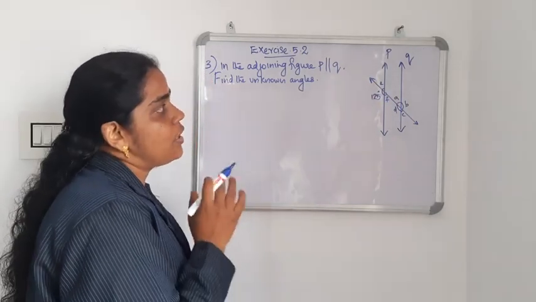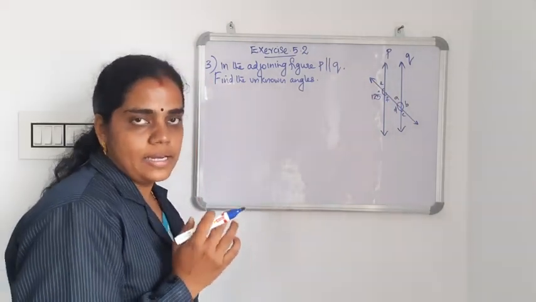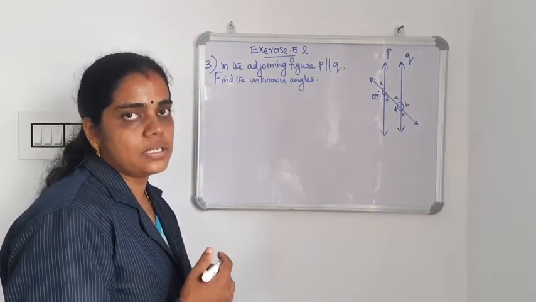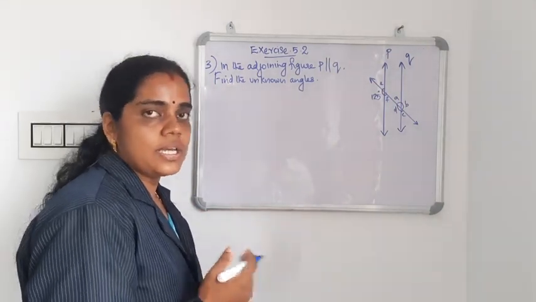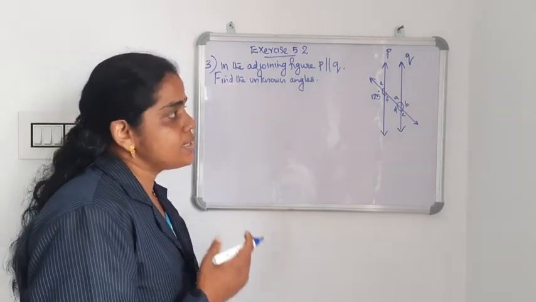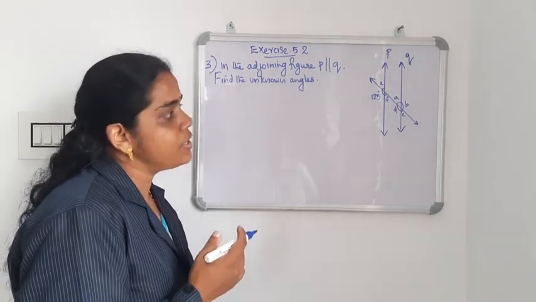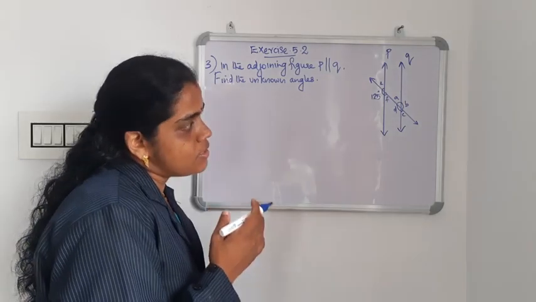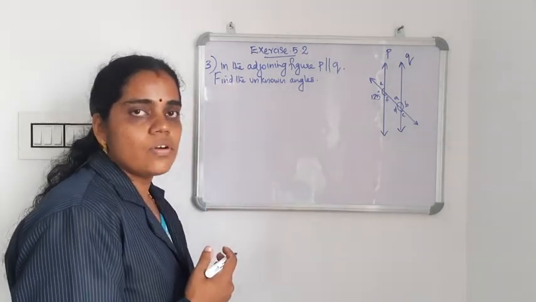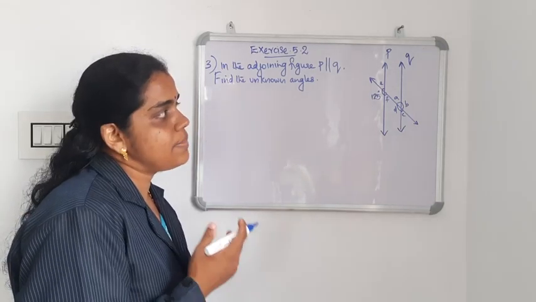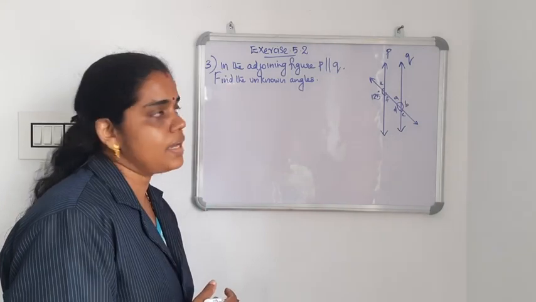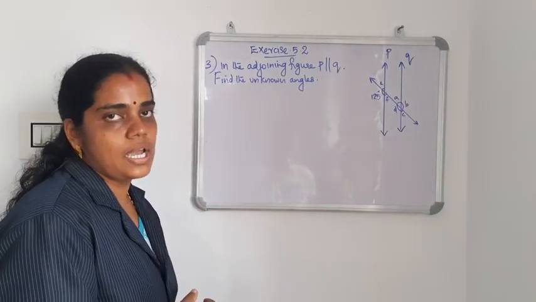Okay. So already we studied if two parallel lines are cut by a transversal, many laws and many rules are there. Vertically opposite angles must be equal, corresponding angles are equal, alternate interior angles are equal. Then angles on the same side of the transversal form supplementary angles. Such a way many rules are there, so those rules here we need to apply to find all these angles.